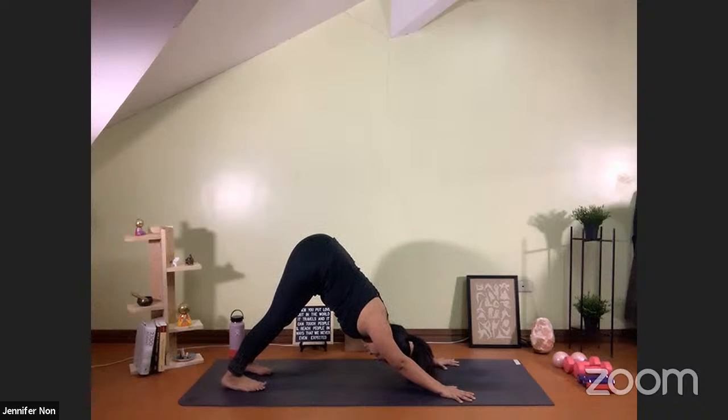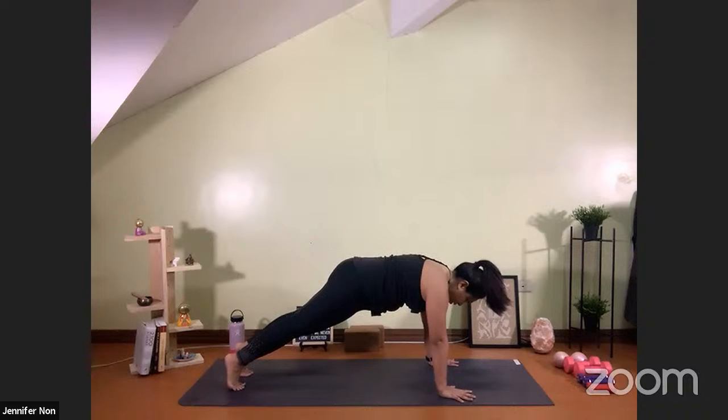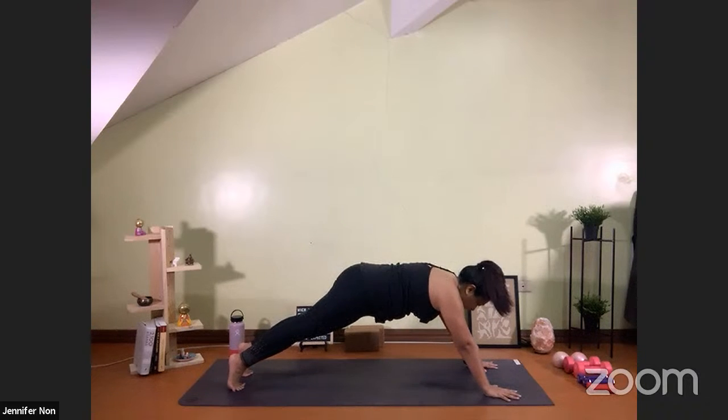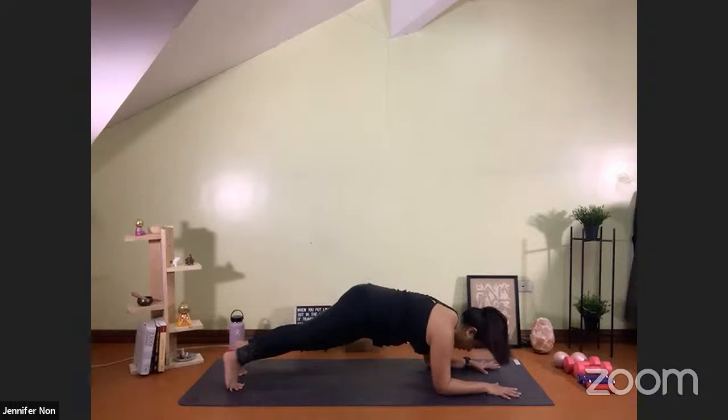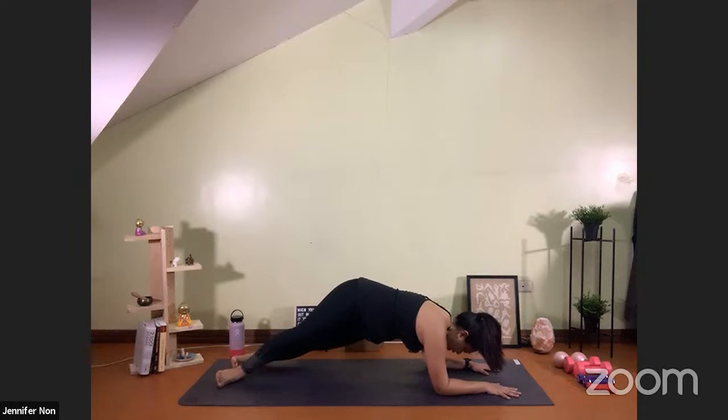Press the heels down to the ground, hips lift up. On your next inhale, shift forward to plank. Walk the hands forward a few inches. And once again, option 1, one elbow down at a time. Option 2, both elbows down at the same time into your forearm plank. And then roll the feet to the left